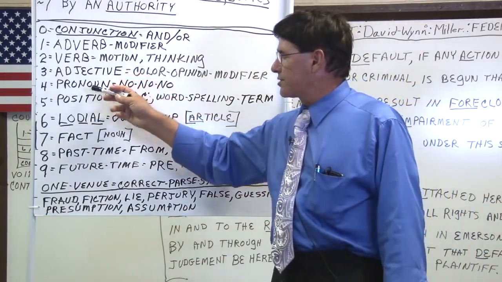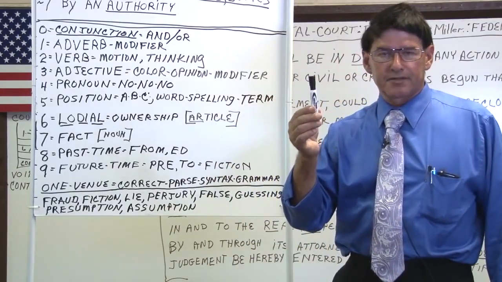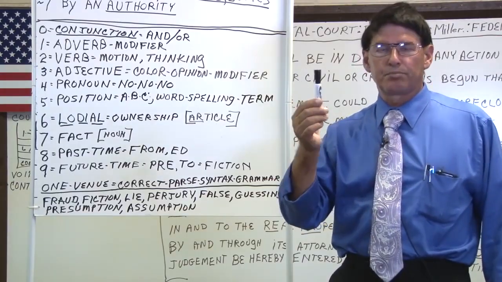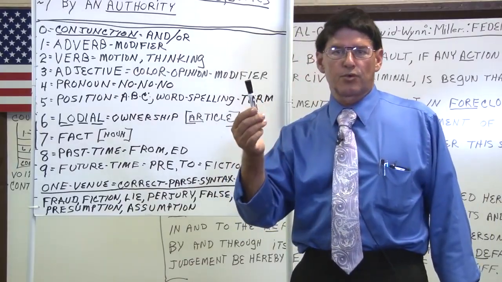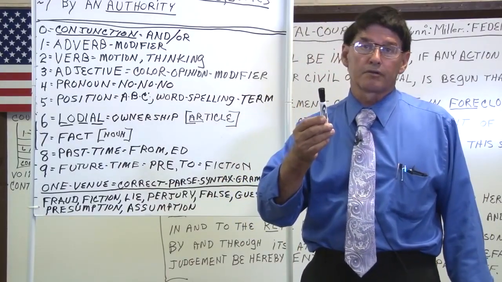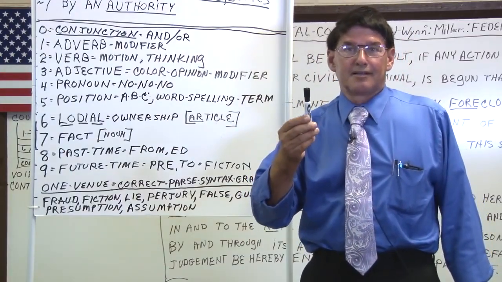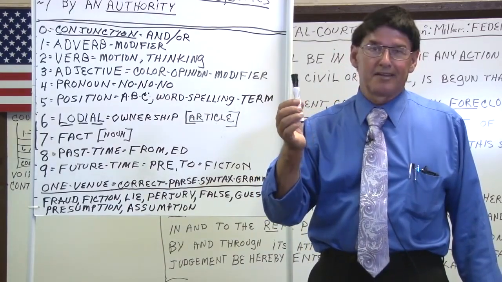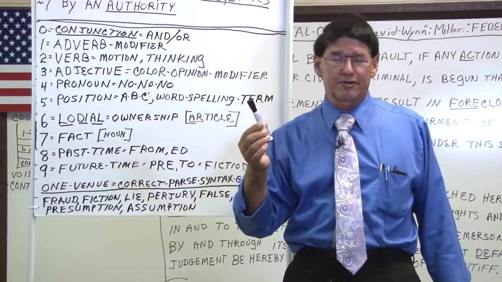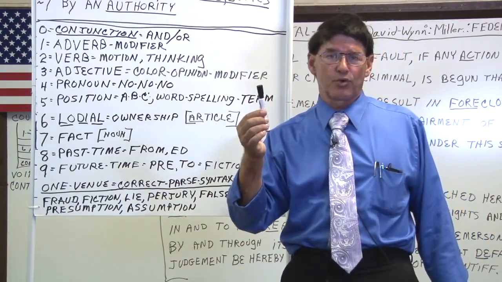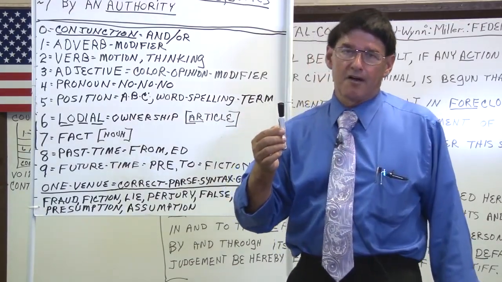Now the adjective will always appear in front of a pronoun, just like we have the word black. Black is a fact. The word pen is a fact. You put black in front of pen and it means black pen. Black is an adjective. And it prejudices the word pen. You could use the word cobalt or carbon pen, because carbon is black, and it also is a shade of black. There's 1,200 shades of black, so you can basically say there's 1,200 ways to modify the word pen by just using one color, and color is an infinity of an opinion.